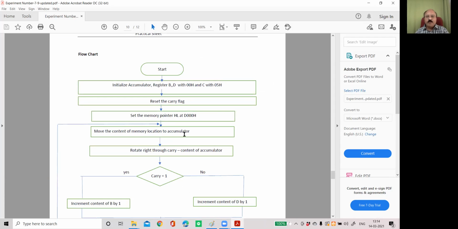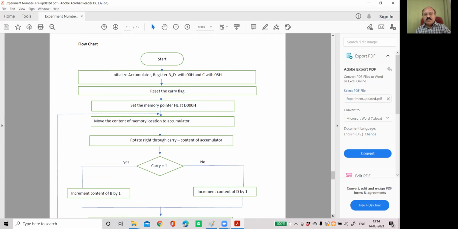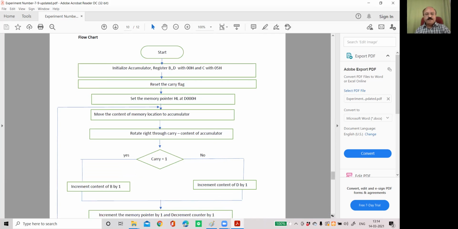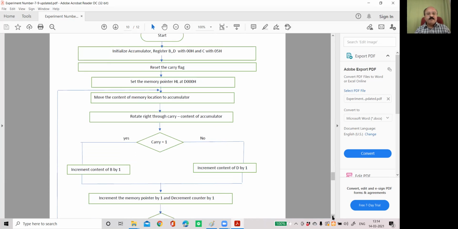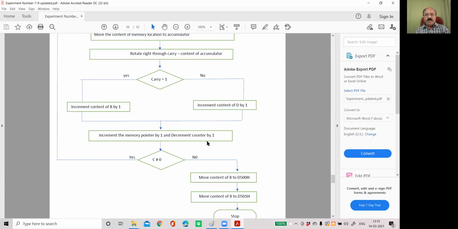So move the content of memory location to accumulator. Rotate right through carry the content of accumulator. If carry equal to 1, that is, if carry flag is set, then increase the count of odd. If no, then it is even, then increase the count for even. And once the comparison is done, the next is to increase the memory location by 1 and decrease the counter by 1.